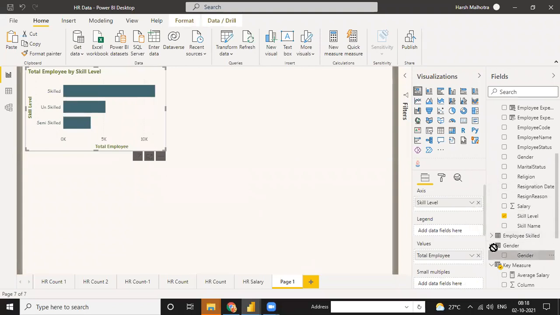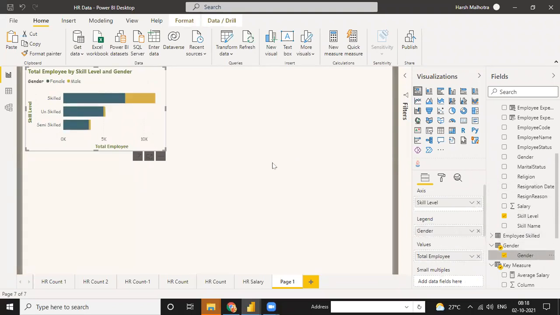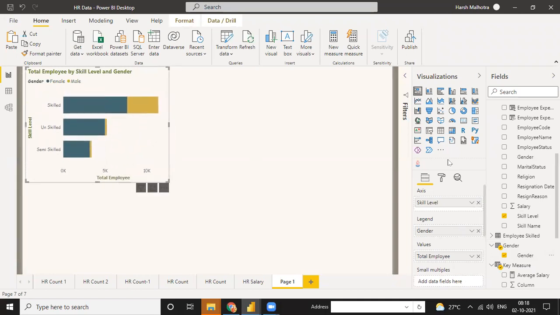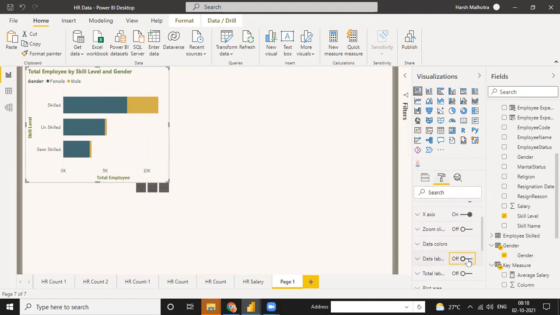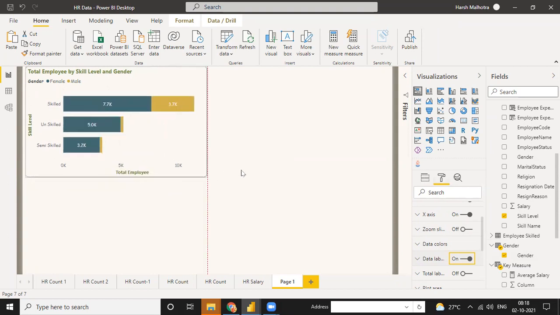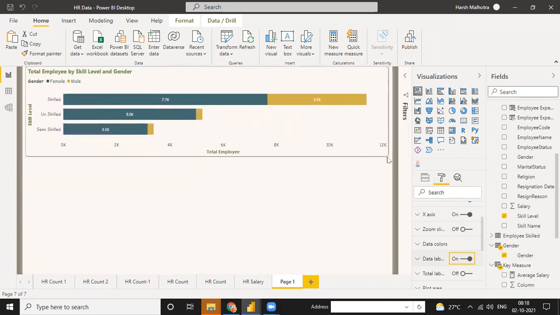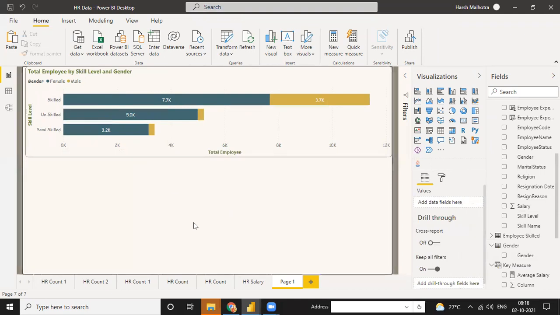Also, you can put gender. We have a total skill value by female and male. Just turn the data labels on, so it gives you the complete picture. In total, we have female and male 7.7 and 3.7 by skilled, unskilled, and semi-skilled.